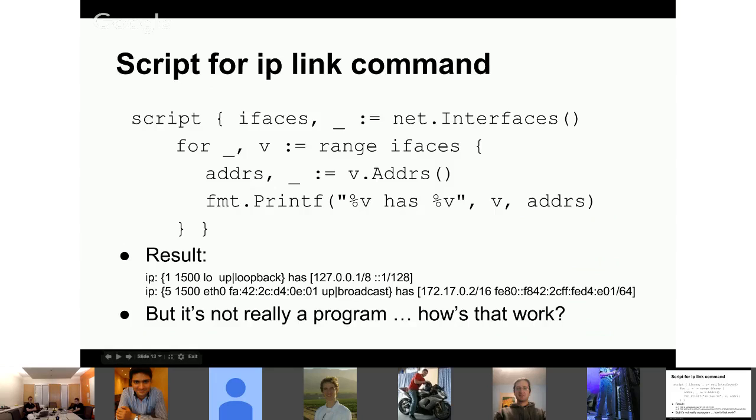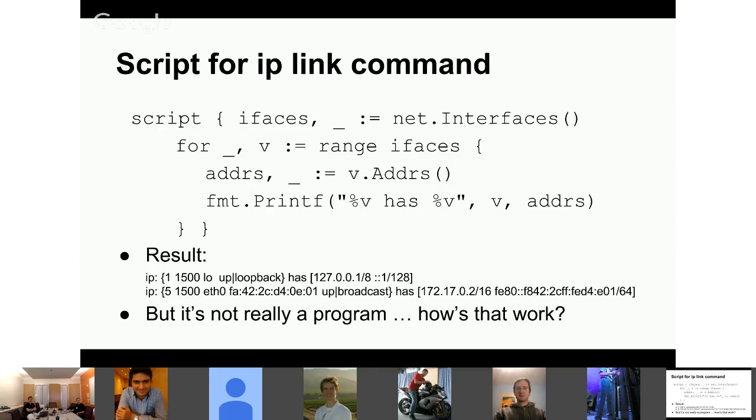The %v for v says, oh, this is an IP interface. It's index 1 in the array. MTU's 1500. Its name is lo. It's up. And here are the IPs it has. And notice it has a v4 and a v6 IP. And then, again, for eth0, I actually get to see the MAC. It's up, broadcast is enabled, and there's my v4 and v6. So that's kind of IP link.